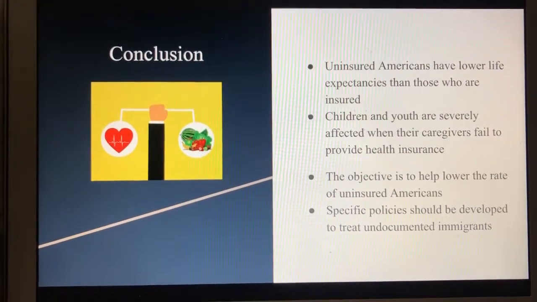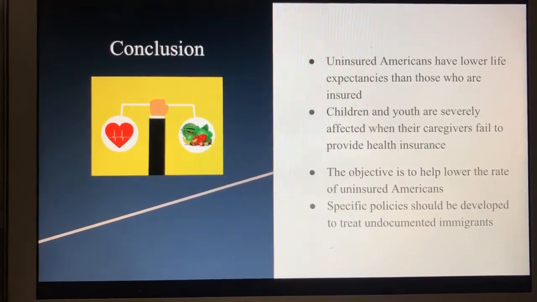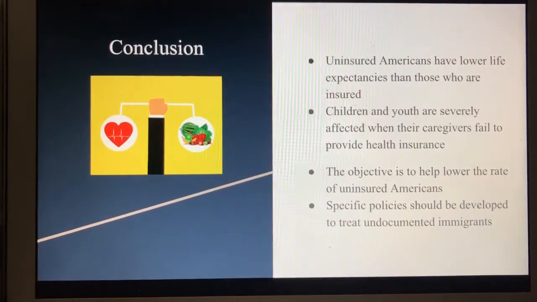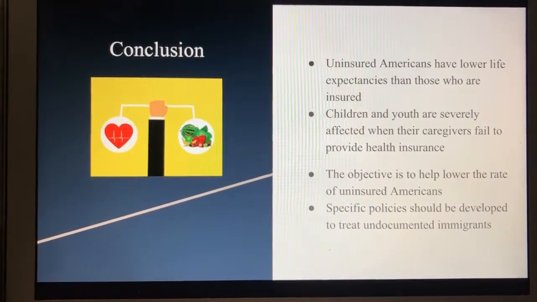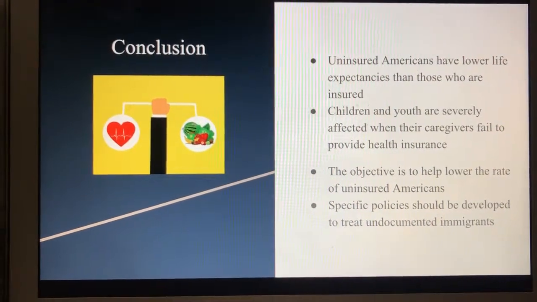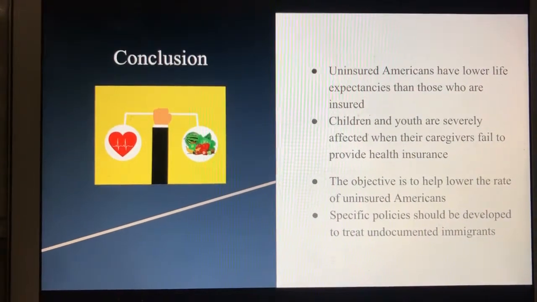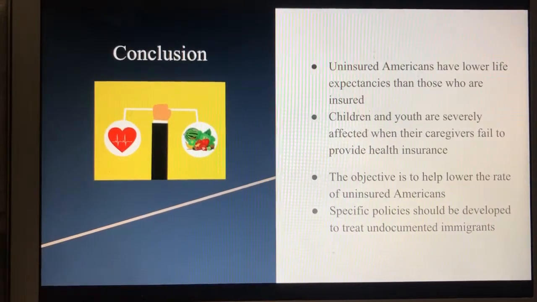Conclusion. Uninsured Americans have lower life expectancies than those who are insured. Children and youth are severely affected when their caregivers fail to provide health insurance. The objective is to help lower the rate of uninsured Americans. Specific policies should be developed to treat undocumented